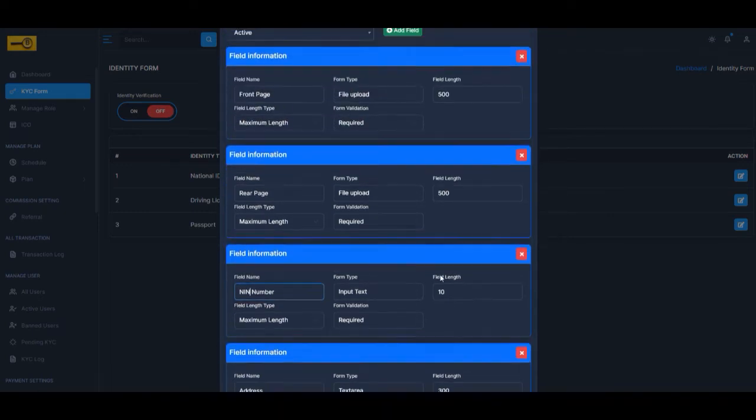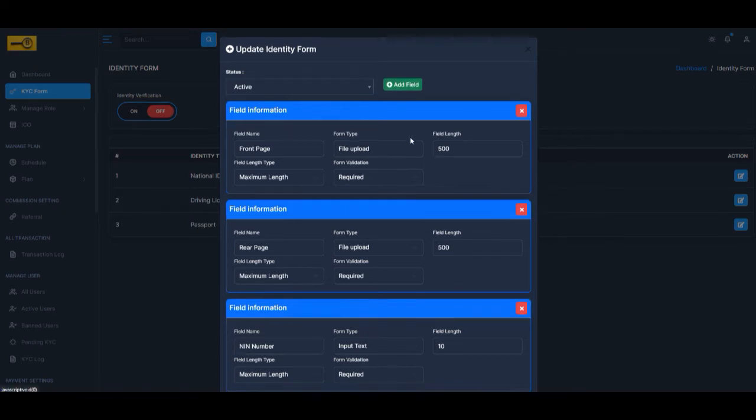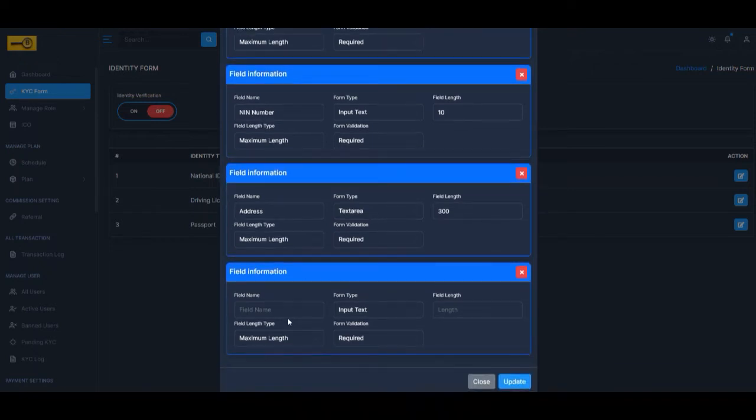And if you want to add any other information, just click on this and it will give you the opportunity. Now see, it has added another one. So maybe you want to ask for the age or their marital status, whatever. Let me put age now. You can say age. So what you want the form to do is to input text. Age should not be more than